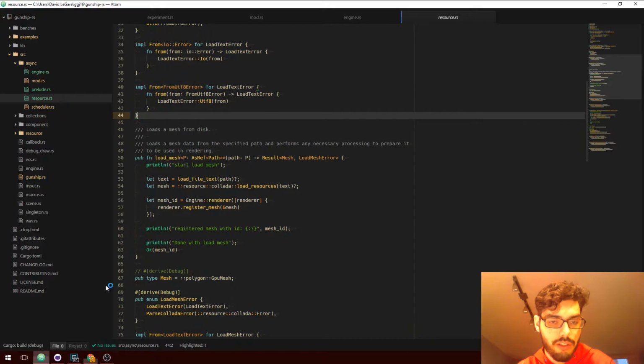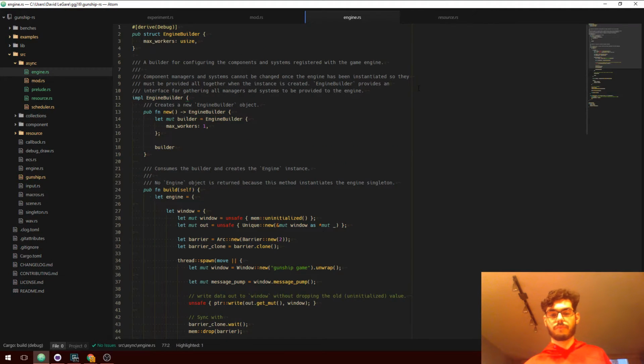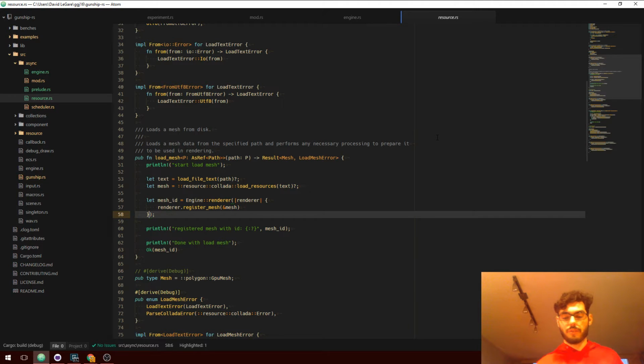So my idea is, rather than locking a mutex and getting exclusive access to the renderer at a single time when we load resources, what we will be doing instead is, when the resources load, we're going to basically queue them up and send them to the engine through this multiple producer, single consumer queue. And then the engine will process any pending resource loads before rendering.